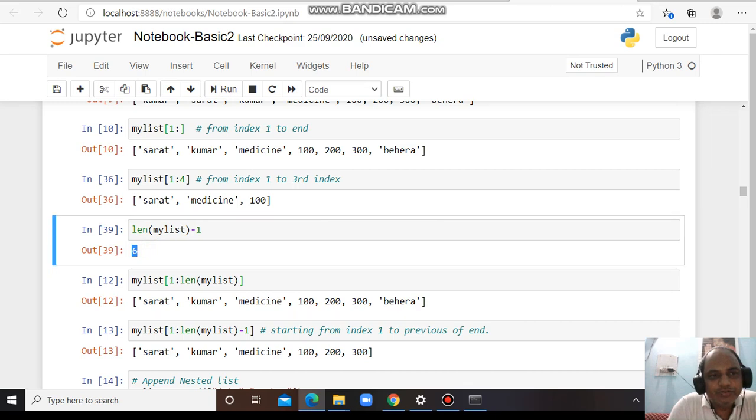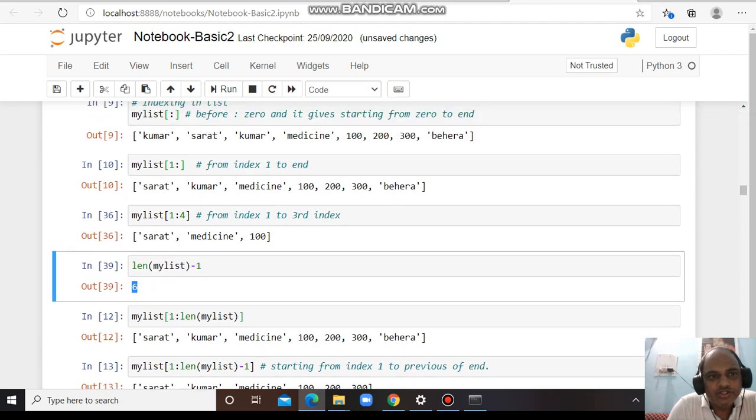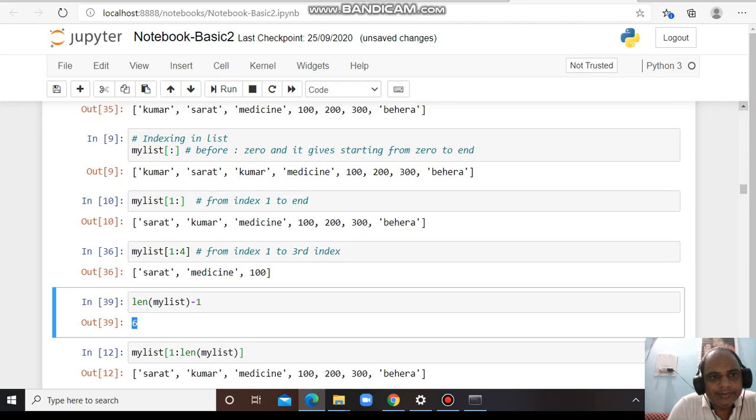Obviously, because we start from 0, the last index number will be the total number of elements minus 1. See here, 0th index, 1 2 3 4 5 6th index, and there are 7 elements.